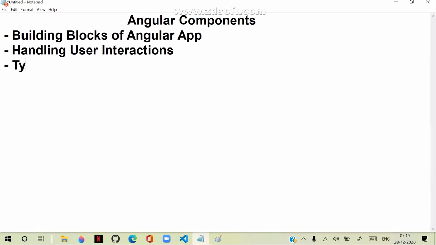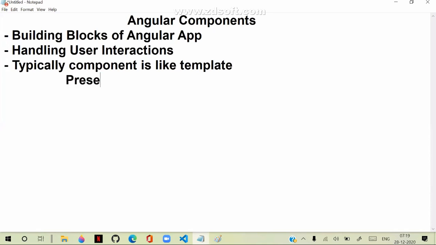Typically a component is like a template. Template means which contains presentation. So presentation, which contains logic, and it comprises of styles.